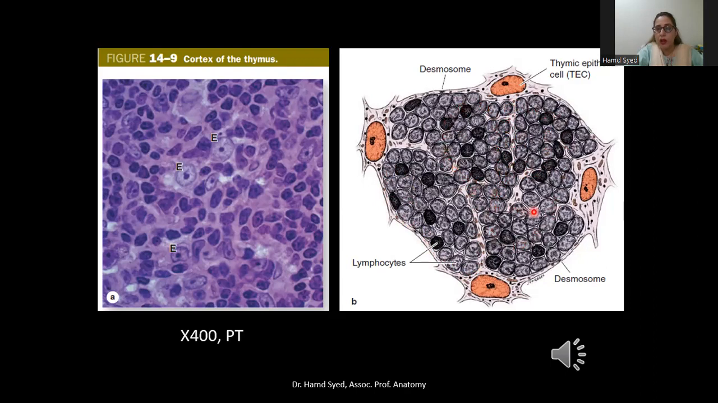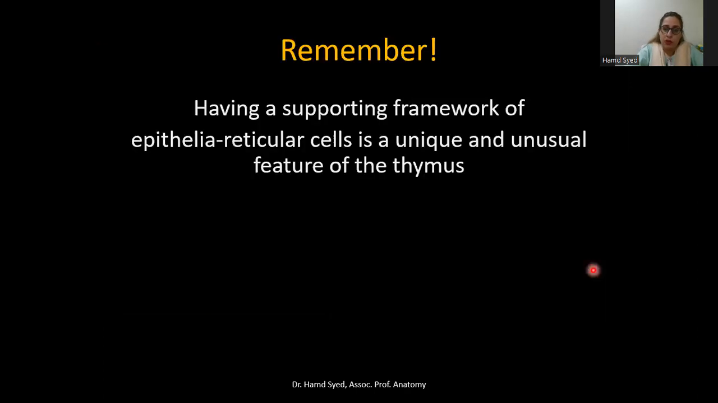So the lymphocytes and also the macrophages, they're attached, or you could say they're anchored. They're anchored to this cytoreticulum. This is a unique feature of the thymus gland. That's a very important point I'm about to mention, better to mention in the next slide. Keep in mind that the supporting framework of epithelio-reticular cells is a unique and unusual feature of the